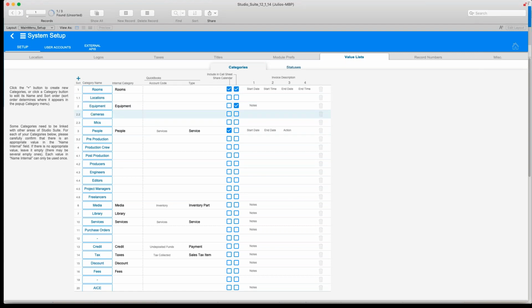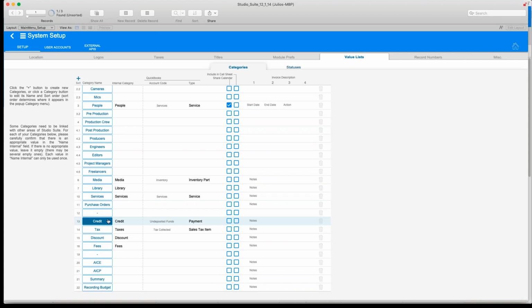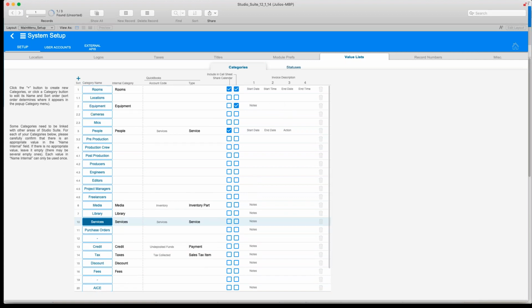I also like building teams. So under my people category, I have my pre-production teams, production crew, post-production crews, my producers, engineers, etc. We can also have media groups, library, services. So it's really up to you and your business. This is where you would get some of those categories, and I think it's kind of cool and important to